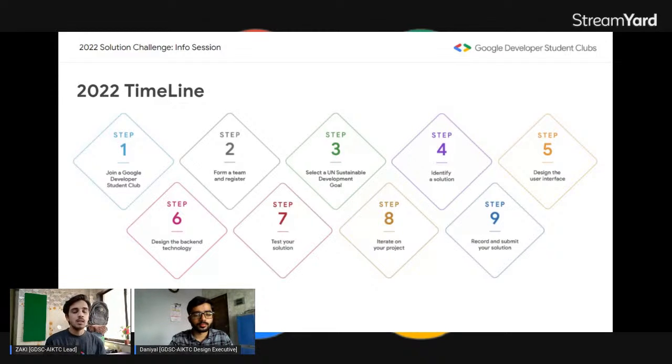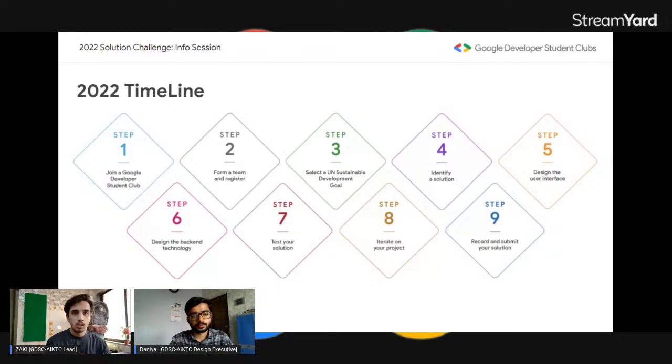Okay, this is now step 5. This is where your solution's user interface and user experience come in. Start thinking about how your user will interact with your solution. Remember, a well executed UI or user interface facilitates effective interaction between the user and the program or app or machine through contrasting visuals, clean design, and responsiveness.